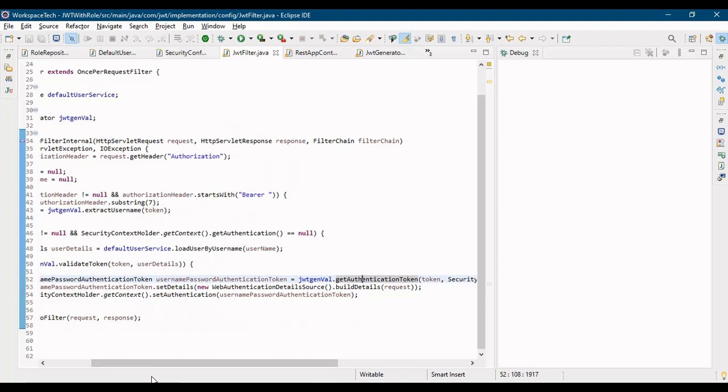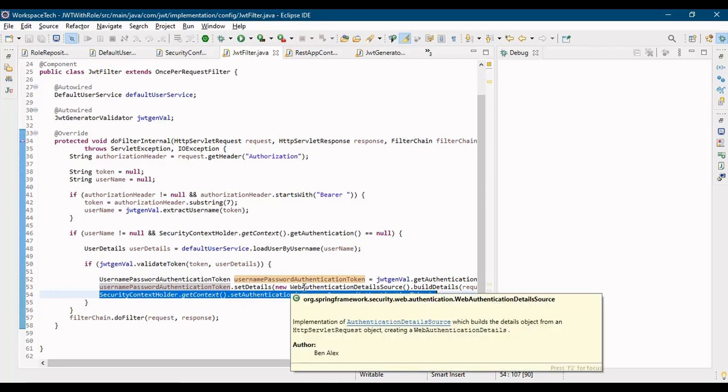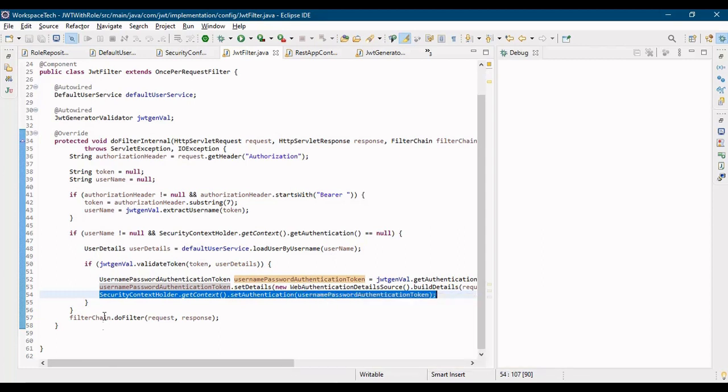Let me go again into the filter class. So this object is being returned, and then we are setting the details with the web authentication details source and build request, using the request which we are getting and the username password authentication token object which we have prepared. And then we are performing security context dot set authentication. If the authentication is correct, then only the further process would go ahead for the request. If it says that the token was valid and the token contains the role of admin,